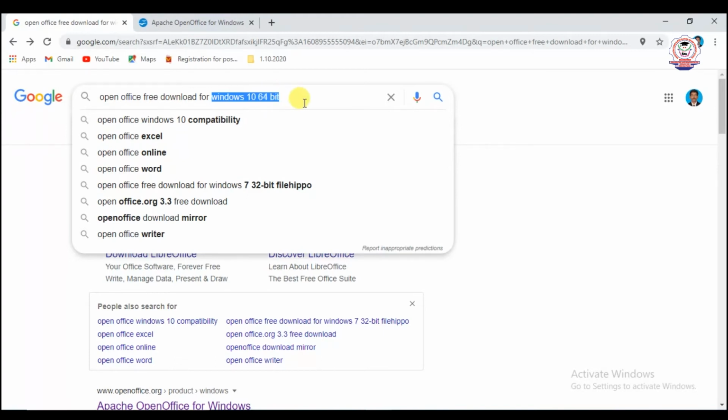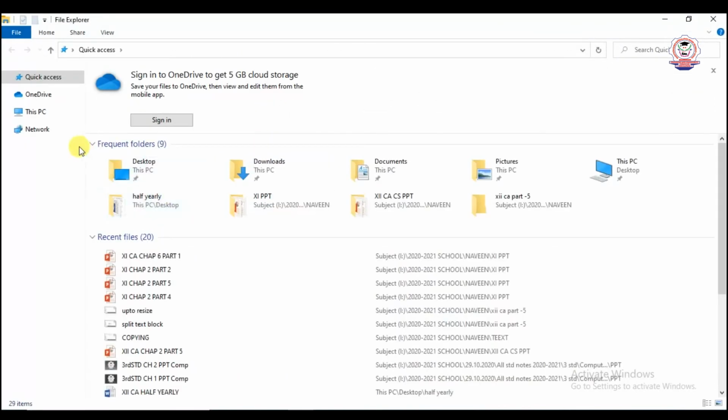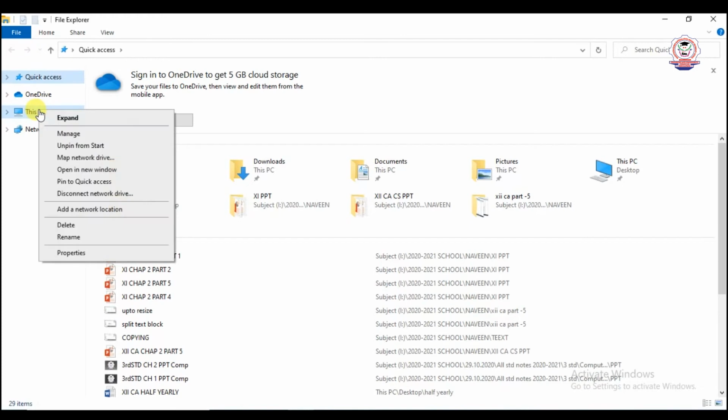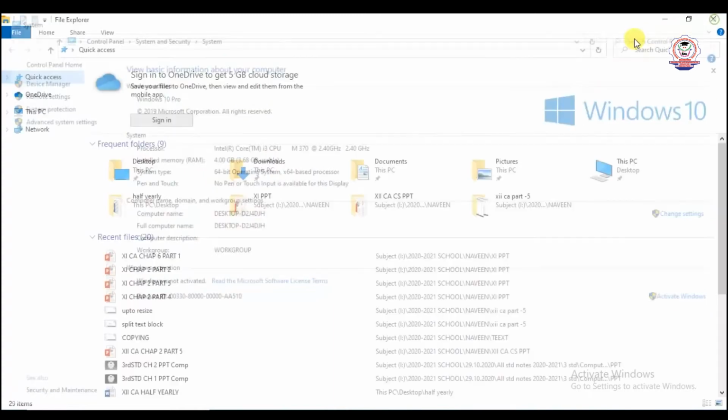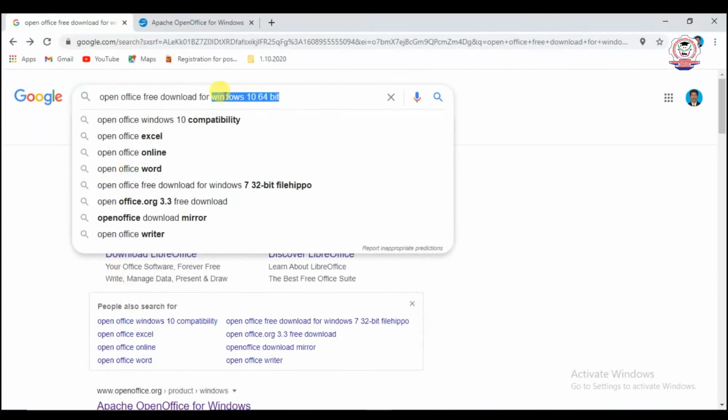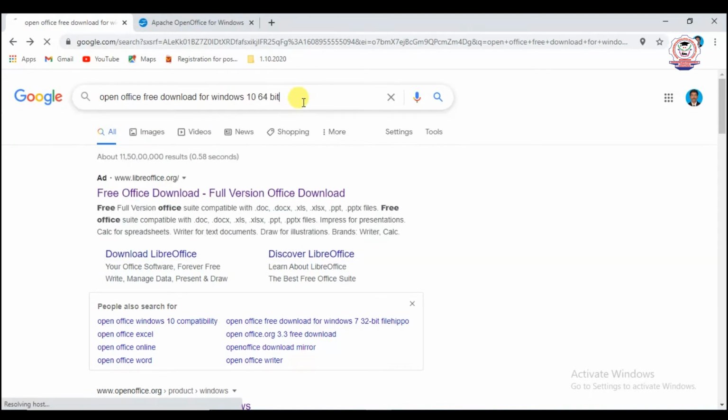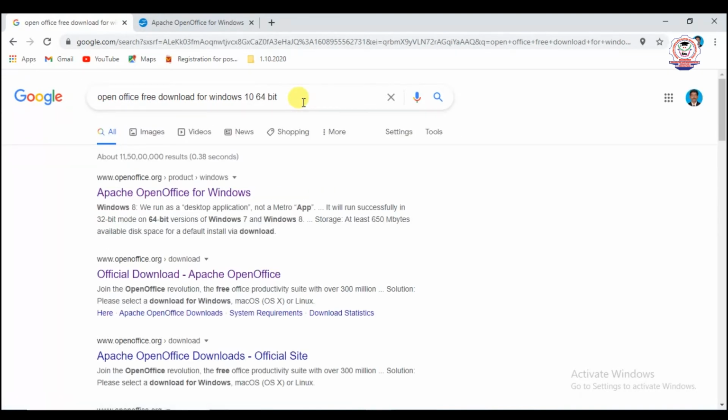How can you identify the type of an operating system? It's very simple. You can open This PC, right click on This PC, and click the Properties option. Here it shows the Windows 10 operating system and the type of operating system, 64-bit. So we can choose in this manner Windows 10 64-bit operating system, and then click enter. It will display Apache OpenOffice for Windows.